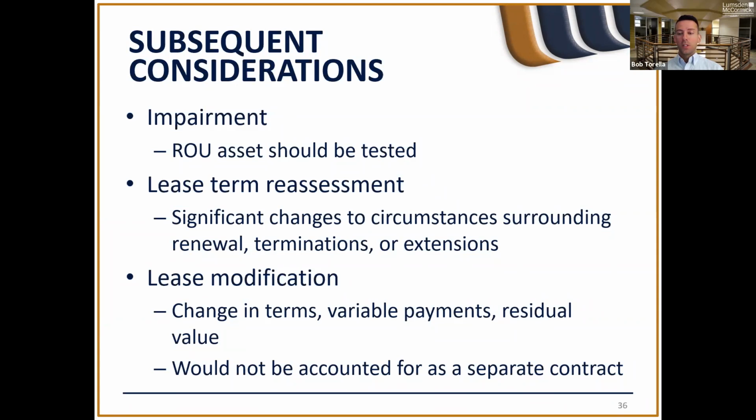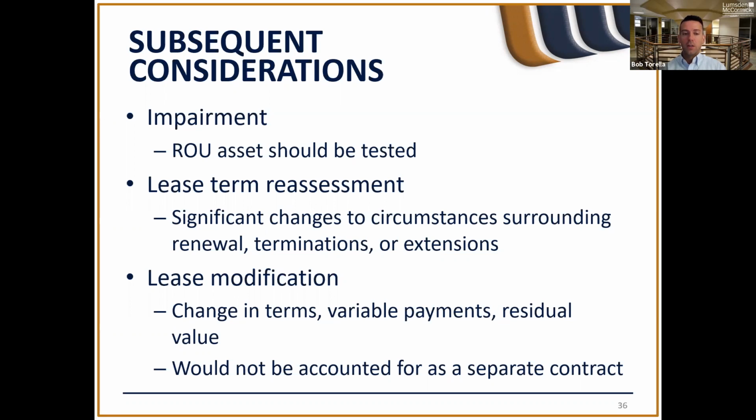Okay, so real quick, because I know we're running a little short on time, have everything recorded there, and as you go through your lease term, there are some things to consider, and just make sure you're aware of and assess throughout the lease term. So these right of use assets really should be looked at on an annual basis for any impairment. So for instance, there has to be a triggering event that would essentially indicate the carrying amount or the value of this asset is no longer recoverable.